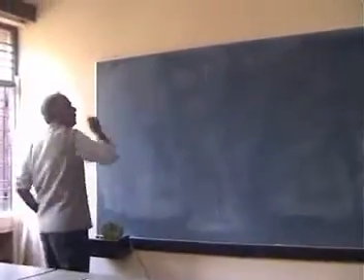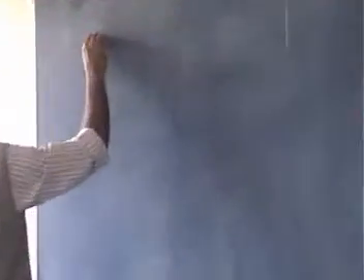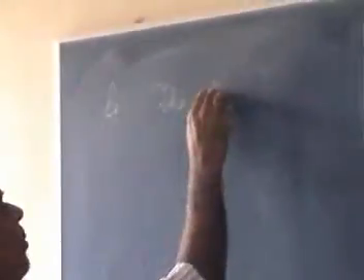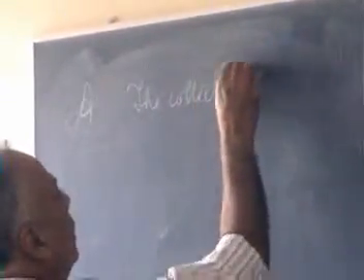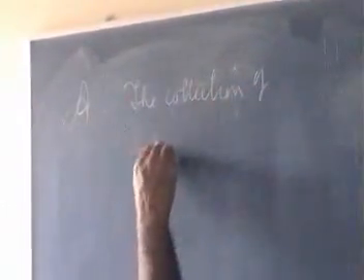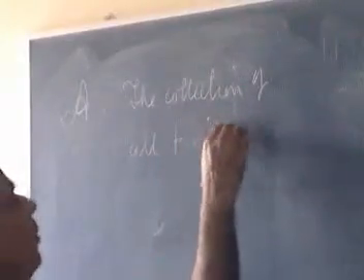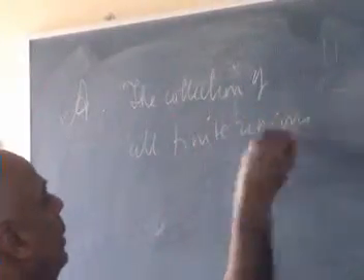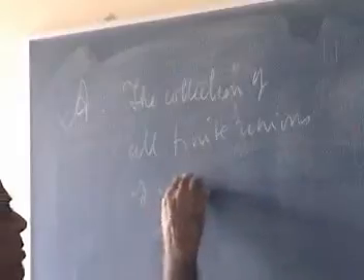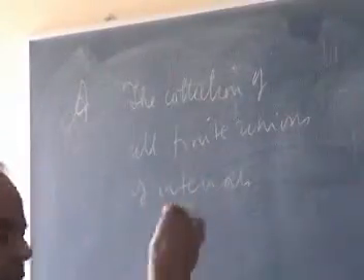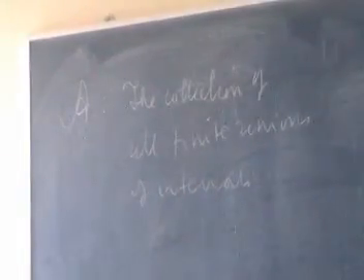So if you have A, which is the collection of all finite disjoint unions of intervals. For convenience I'm writing the word disjoint now, because every time I can do that. Okay, then